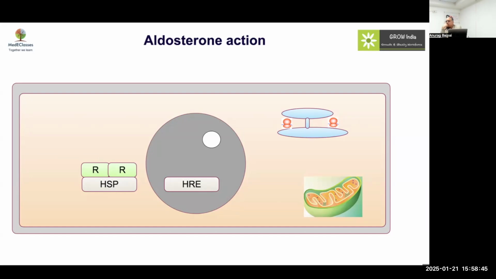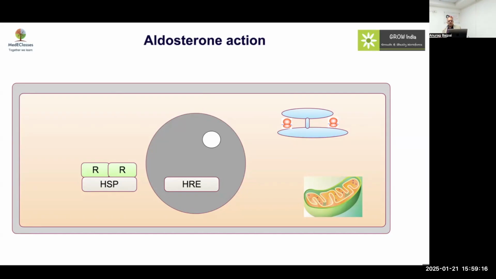What does aldosterone do? What does vitamin D do? What does ADH do? It increases the permeability of the collecting duct to water. Vitamin D increases the permeability of the intestine to calcium. And aldosterone increases the permeability of the collecting duct to sodium through calcium binding protein, through aquaporin 2, through an